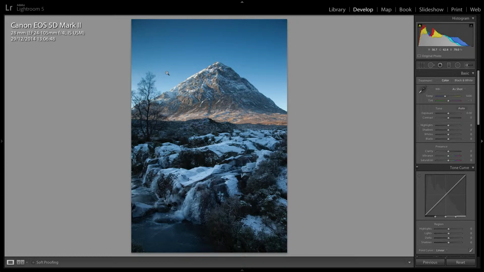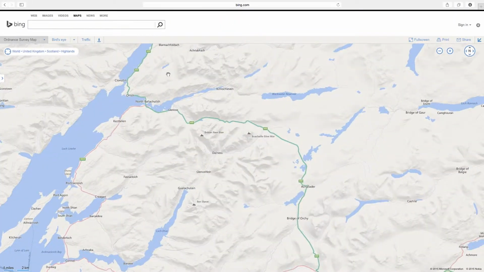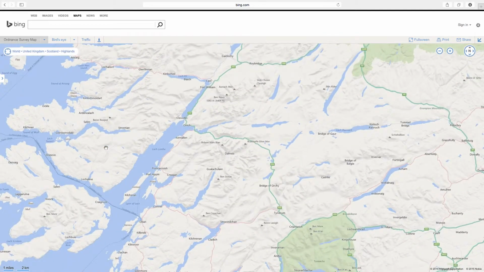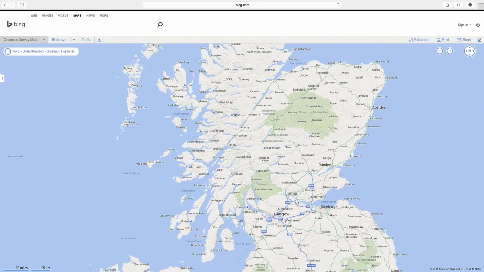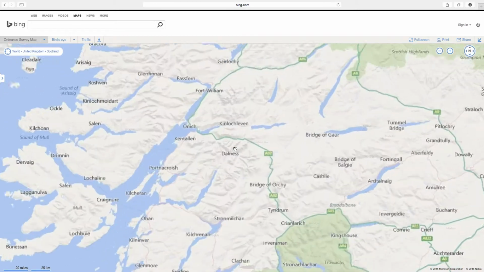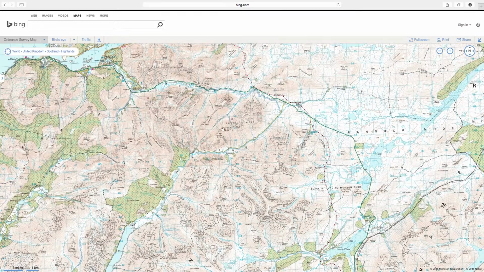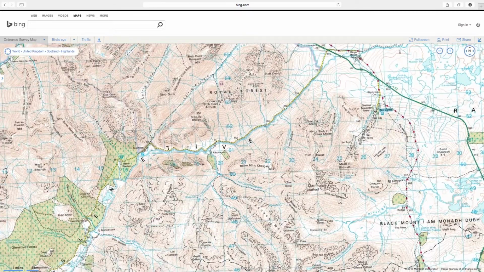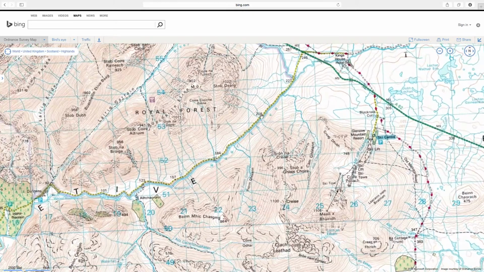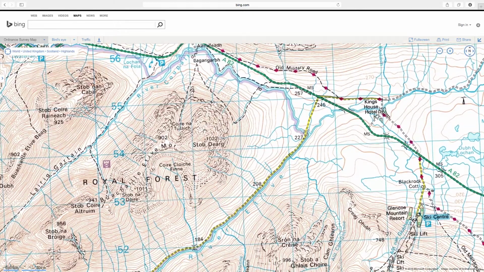So, where is this mountain actually? And just to show you, this is the west coast of Scotland. So if we zoom out, you've got Glasgow, Edinburgh here, and we zoom in again, you've got Glen Coe, and the mountain in question is actually Buachaille Etive Mòr, which is the ridge along here. But the famous face, which we're going to have the photo of and edit, is of Buachaille, which you'll see